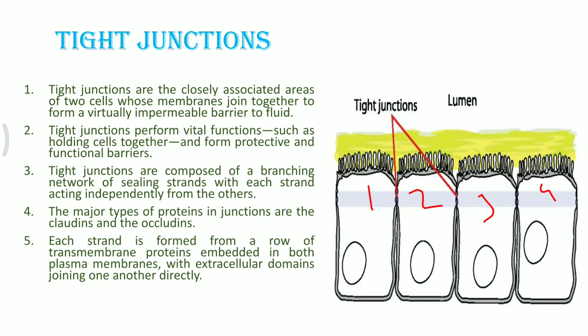One more place where they can be found is the blood brain barrier, which is a very common example. If you remember the nervous system, the brain and the blood are separated with the help of a barrier, and that barrier is known as the blood brain barrier. Between the brain and the vascular part of the blood vessels, the fluid is present. If you remember, the cerebrospinal fluid is separated from the vascular tissue with the help of these tight junctions.